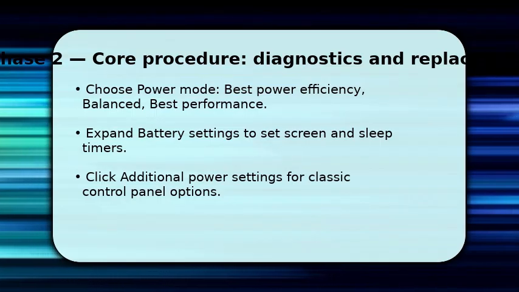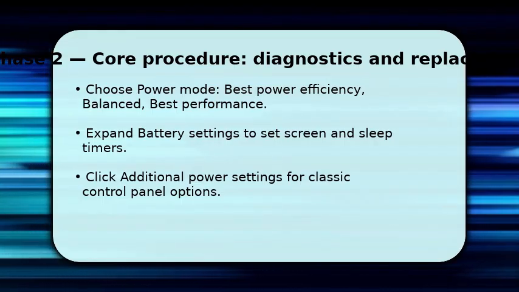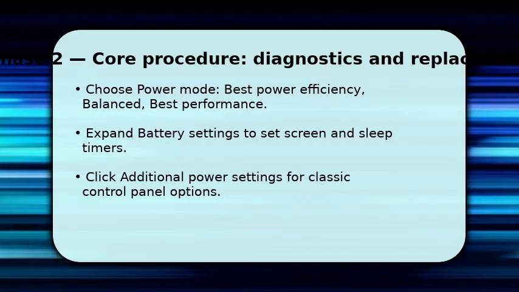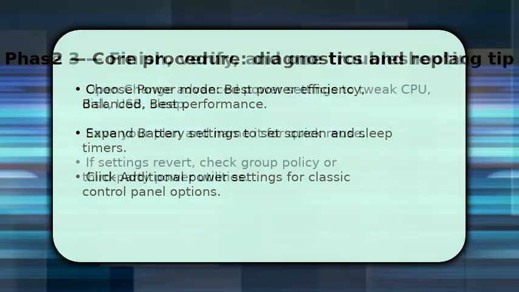Once done, click Additional Power Settings to open the classic power options in Control Panel for granular plans. Make sure to select or create a plan. Then click Change Plan Settings, then open Change Advanced Power Settings and tweak Processor Power Management,